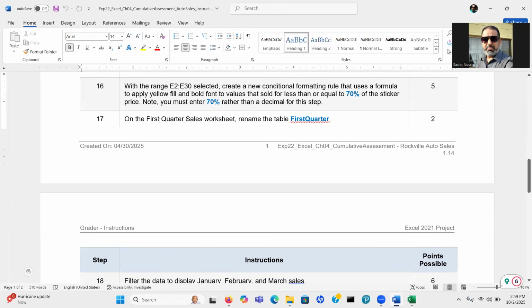Next, on the first quarter sales worksheet, rename the table to first quarter.